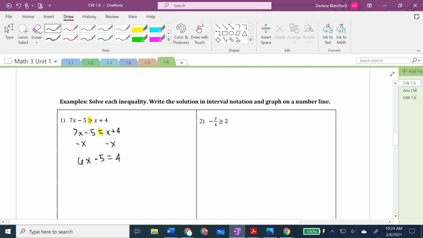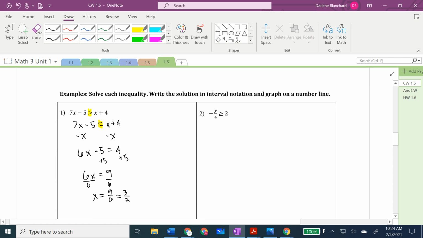Then when you look at it, you remember, oh, to solve that, I add 5 next. And then divide by 6. You can reduce the fraction,